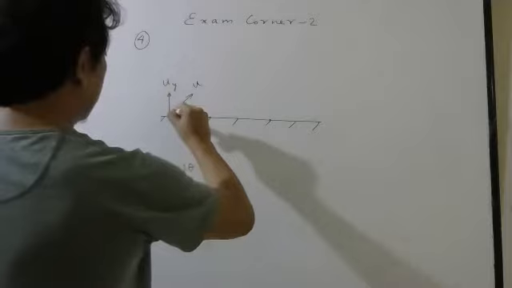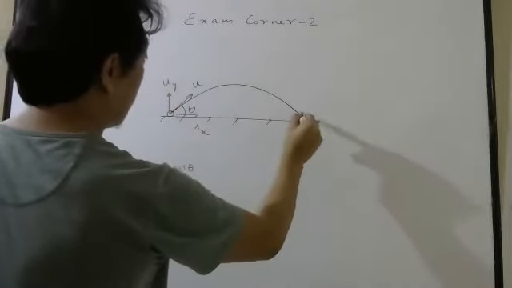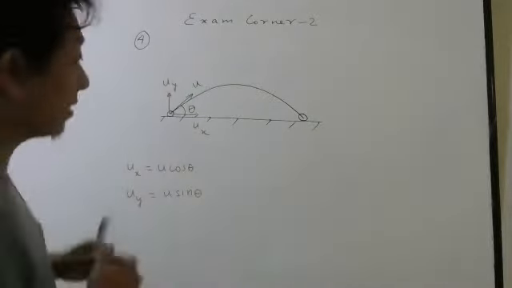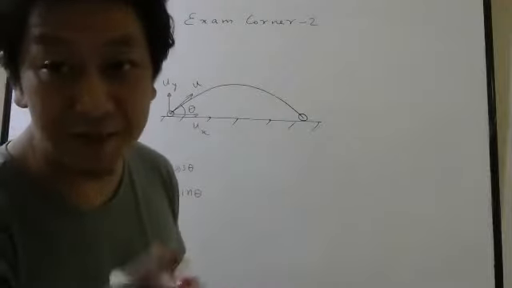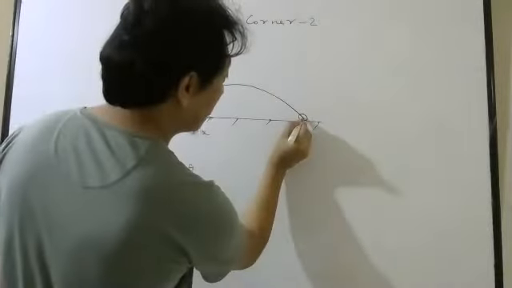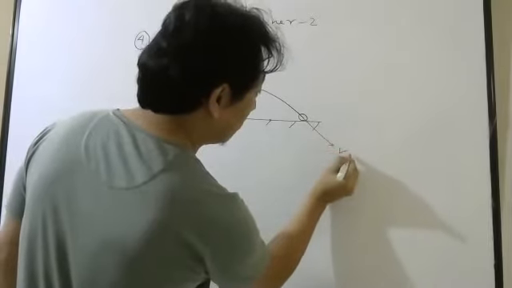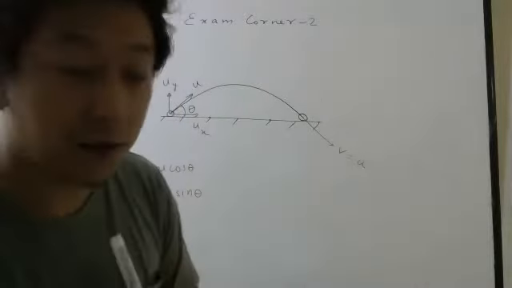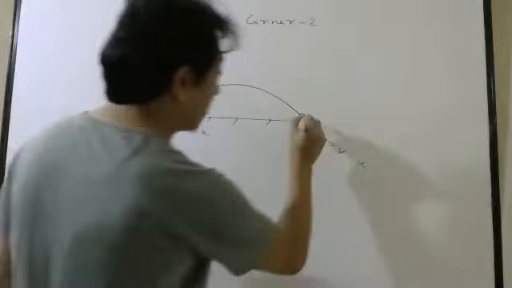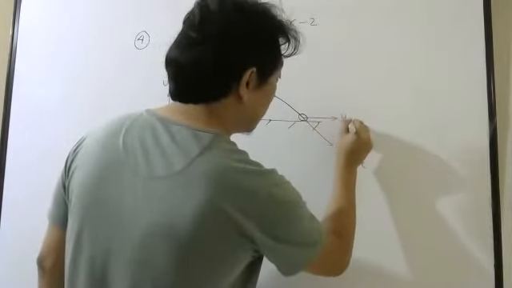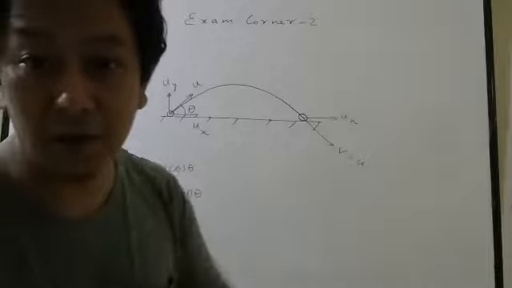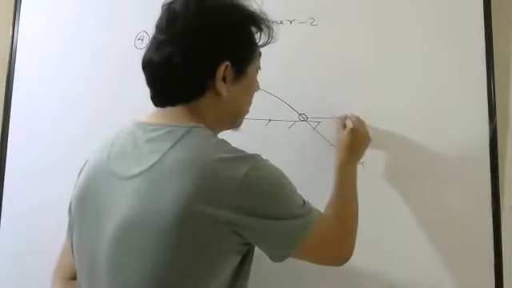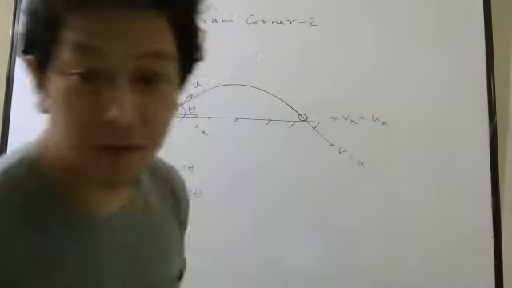Now, this particle will follow a projectile path. When it reaches there, it must have the same speed. Direction will not be the same. Speed has to be the same. So its velocity will be like this. So this v will be the same as u. Only here. Why? Because you know that ux will remain the same. Do you remember or not? I told you the x component of velocity remains constant. So this vx will be the same as ux. You remember or not?